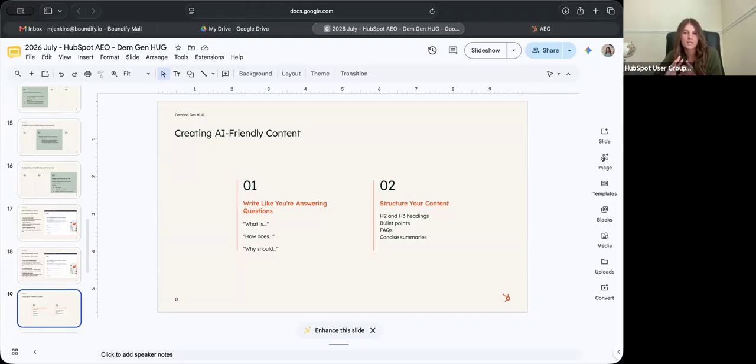Utilize those H1, H2, and H3 headings, using bullet points, including an FAQ section. And then also having concise summaries, like a takeaway section at the bottom and an overview section at